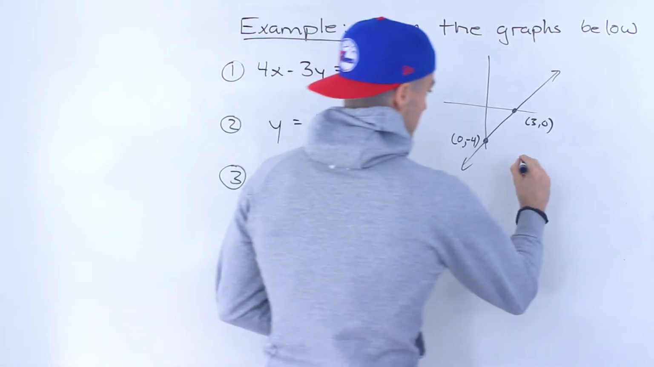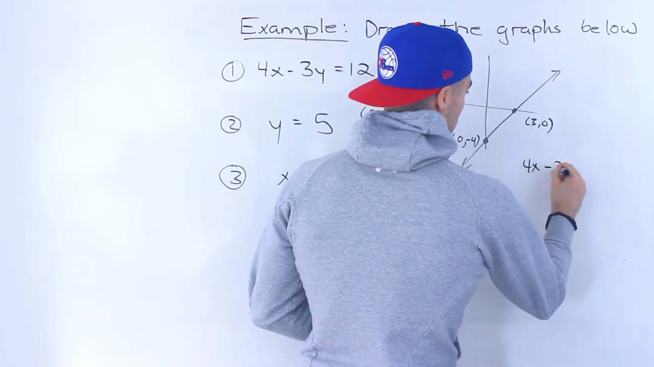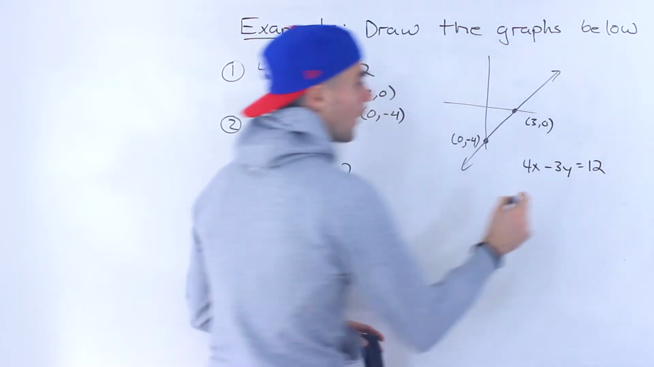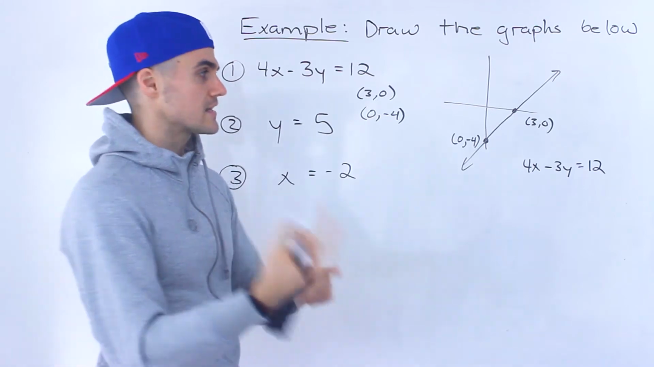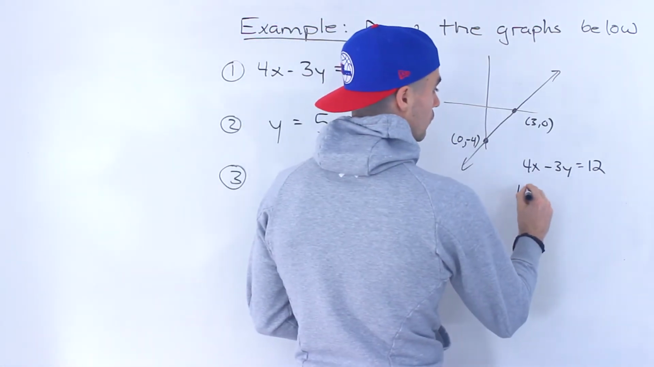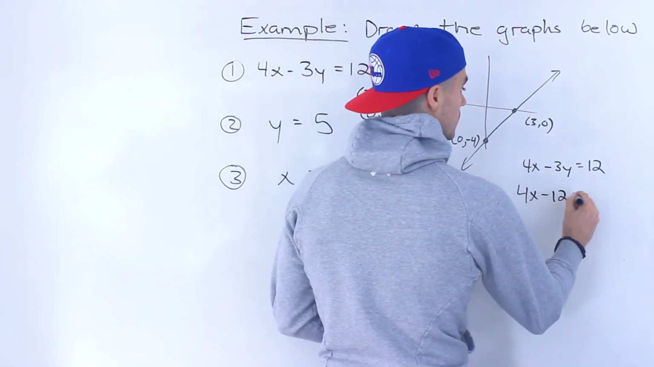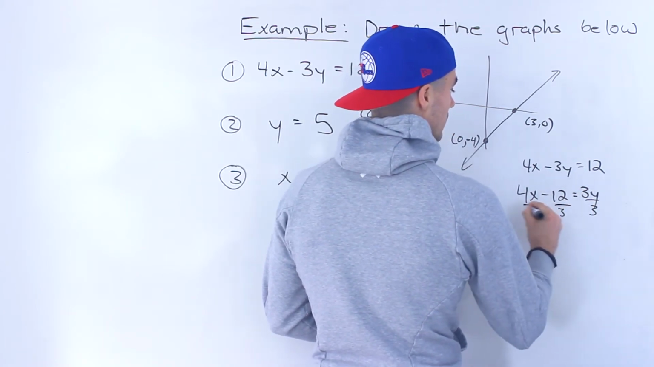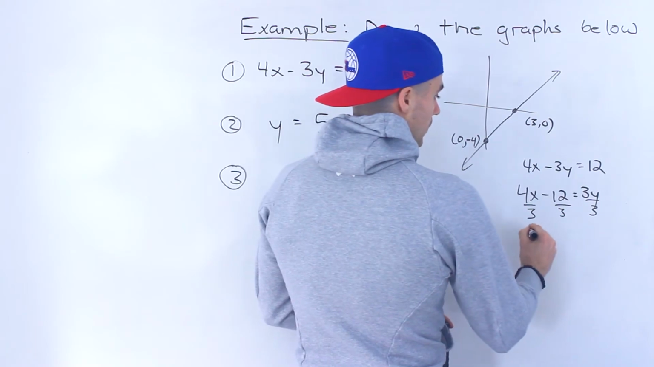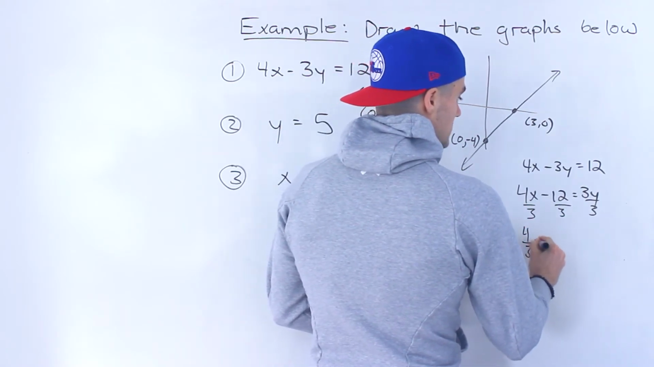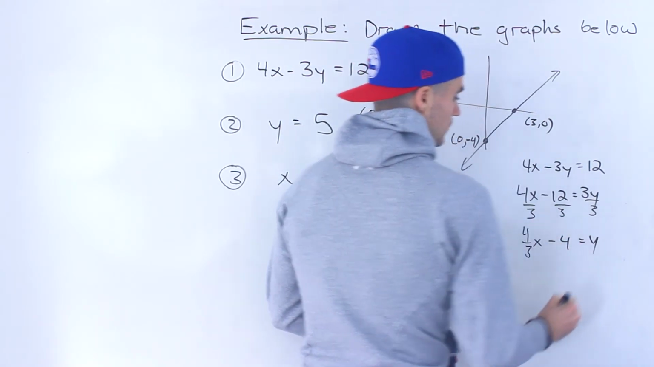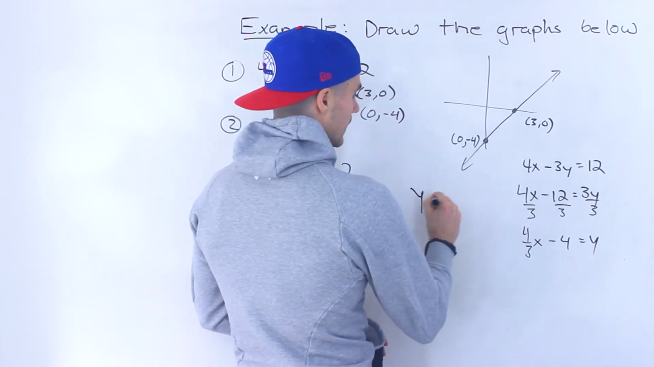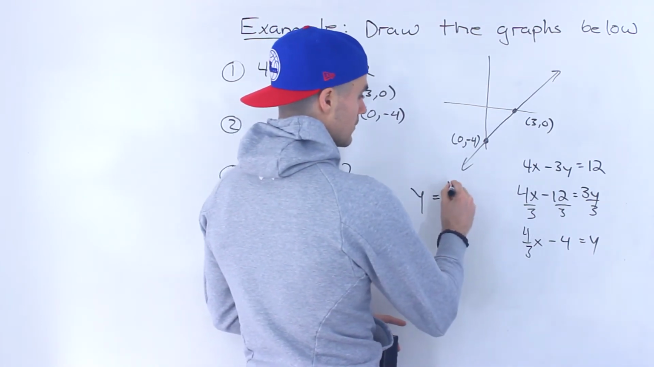But another way you could do this is you can convert this to y equals mx plus b form. So you would isolate for the y. So I'm going to bring the 12 over. So I'll have 4x minus 12 equals 3y. Divide everything by 3. And then we'll end up with 4 over 3x minus 4 equals y. And to write it in a nicer format, I'm going to put the y on the other side,